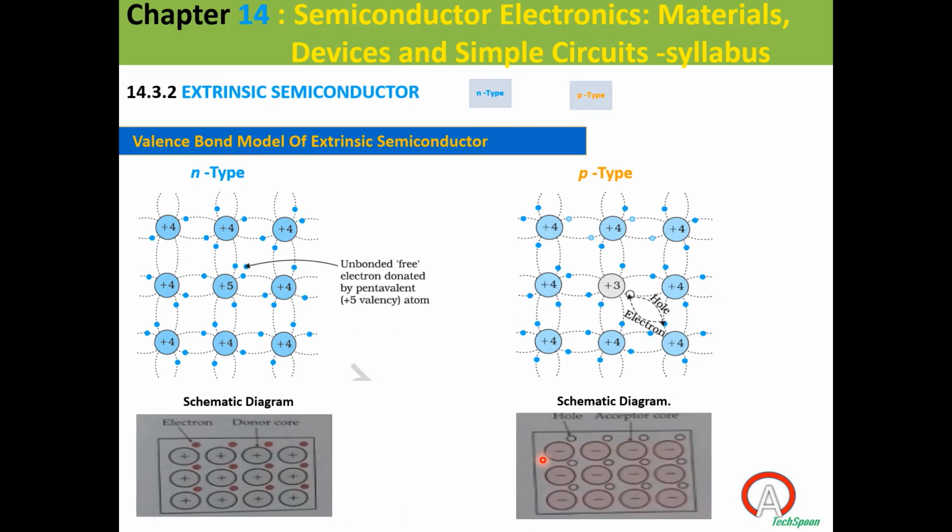So in the case of intrinsic semiconductor, when we discussed, the important point was that the free electrons were generated using thermal excitation. And another important point was that the number of electrons generated is equal to the number of holes. But in the case of extrinsic semiconductor, it is not like that. Here the number of electrons will always be greater in the case of N-type semiconductor than the number of holes,